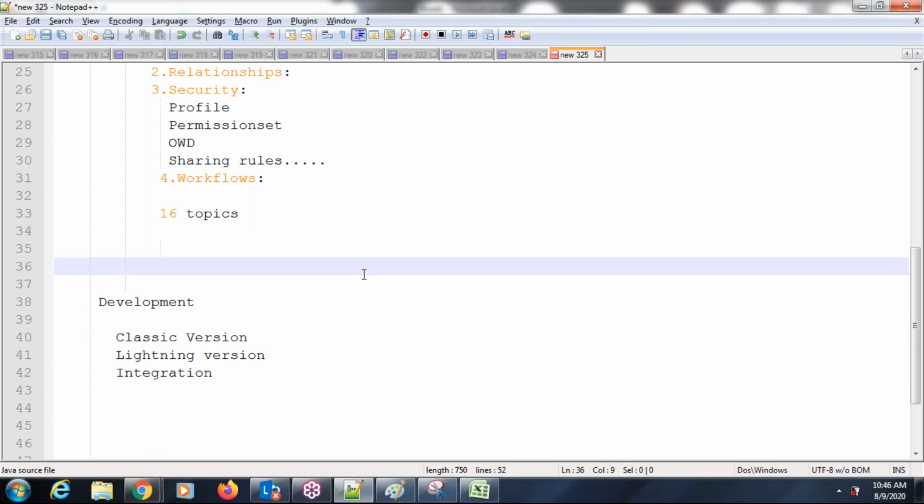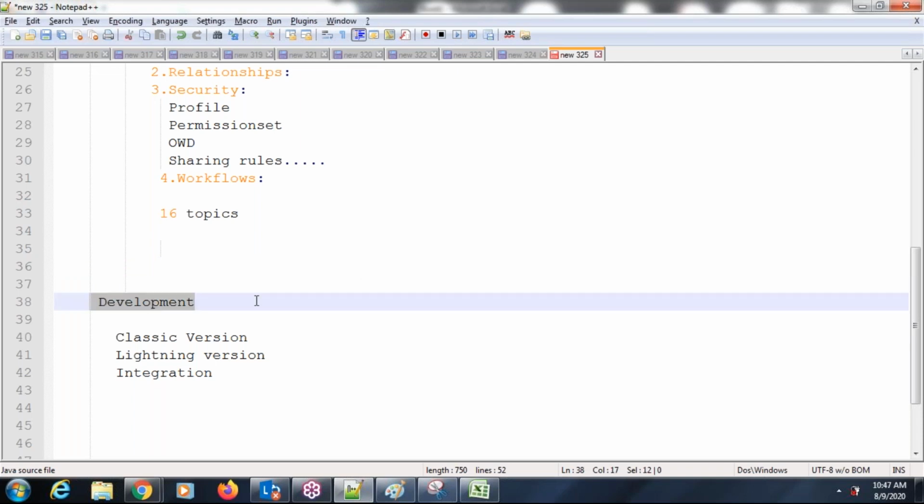And this is completely project-oriented training. It should not be like definitions and all those things. This is completely real time. I'm working on one project, and I will explain how these topics are implemented in my project. We will not go with definitions. Suppose you add 3 to 5 years of experience to your resume, then you will be in a position to survive in your project independently. So we will discuss all the real-time cases coming into development.